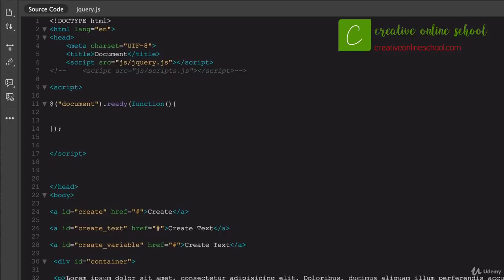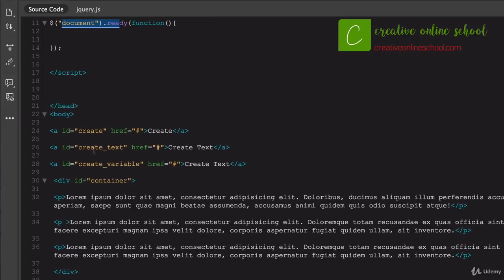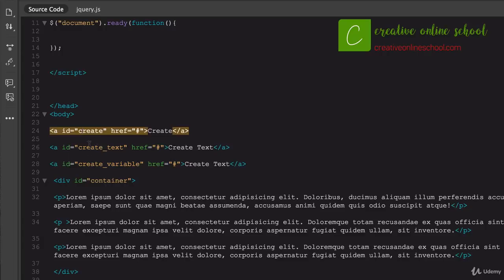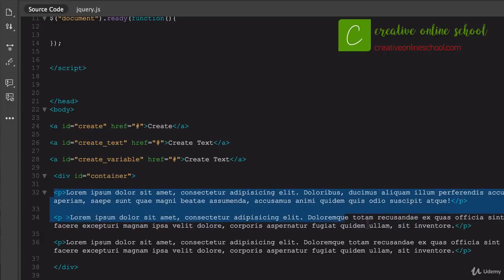the whole time. What I've done is created a document, and we have our basic jQuery that we always link to, the basic opening document ready function, which we always use. Down in my body area here, within the body of the page, I've created three links. One that says create, one that says create text, one that says create variable, with different IDs. These IDs are what we will be targeting from the jQuery. So I got create, create text, and create variable. So all that I have down here targeting these three paragraphs is what we'll be using, and all within the